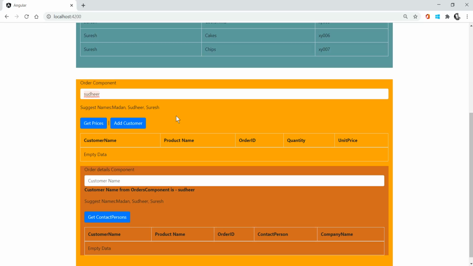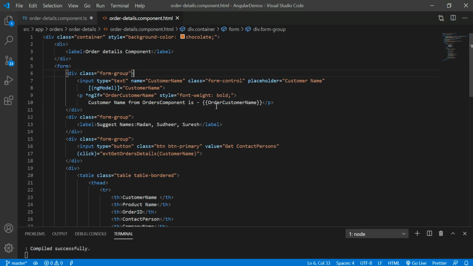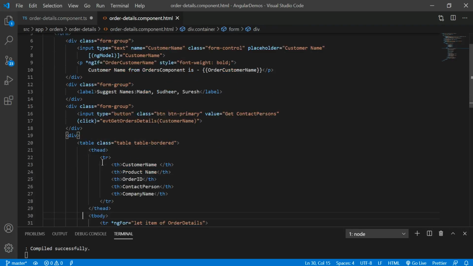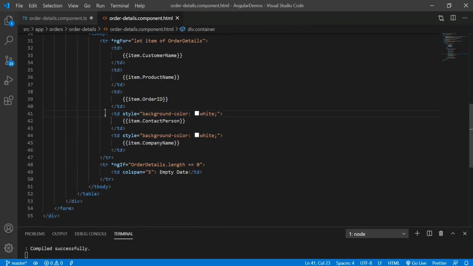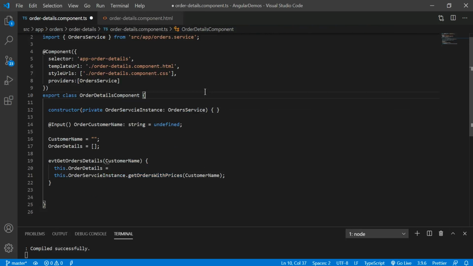So based on that definition, I am using the Input decorator. Now customer name is the only difference, in this line and these parameters in the order details component.html. Everything else is the same.